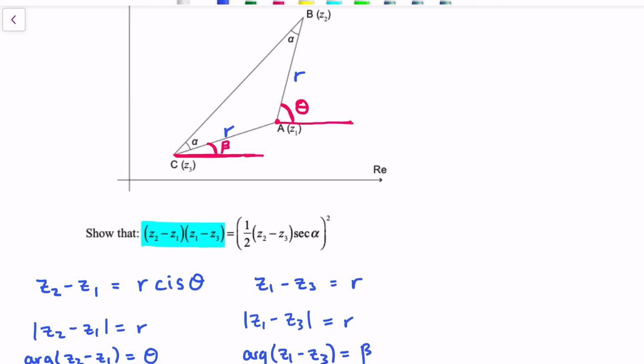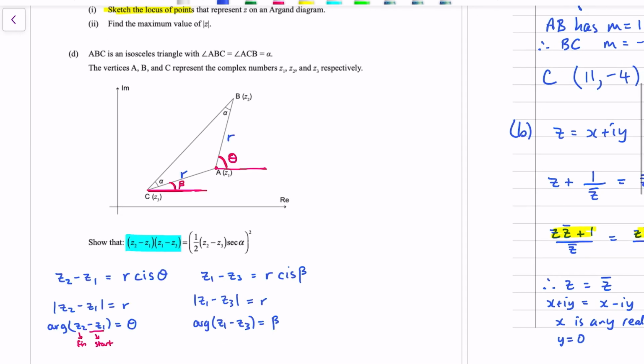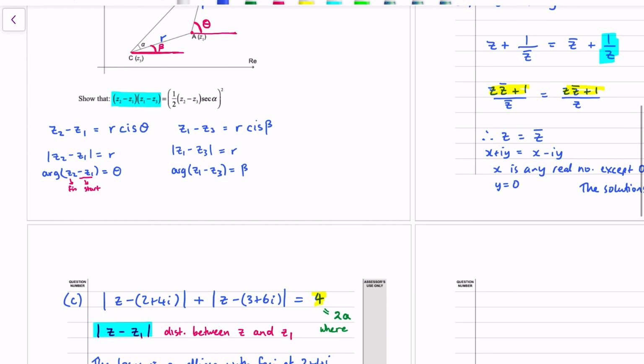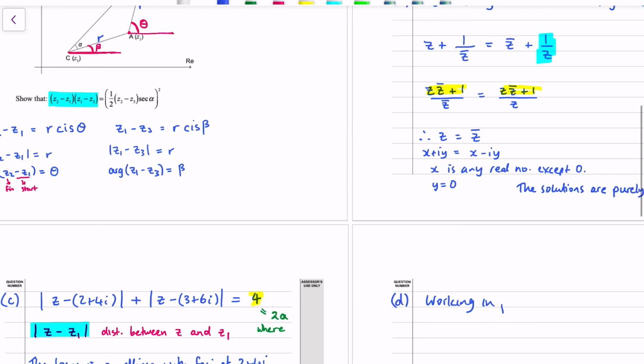So Z1 minus Z3 is R cis beta. Okay, so that's my left-hand side setup. Going to work in polar form. I would need to copy that diagram out into my answer booklet because I keep the question booklet. When you sit the exam, you would keep the question booklet. So I've